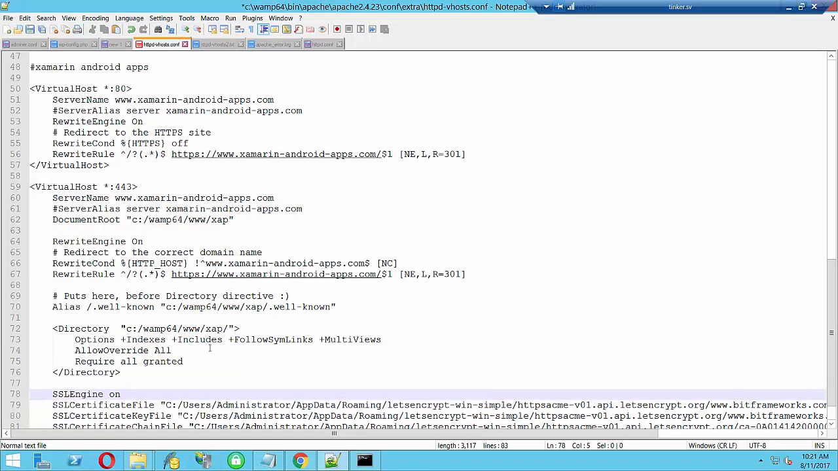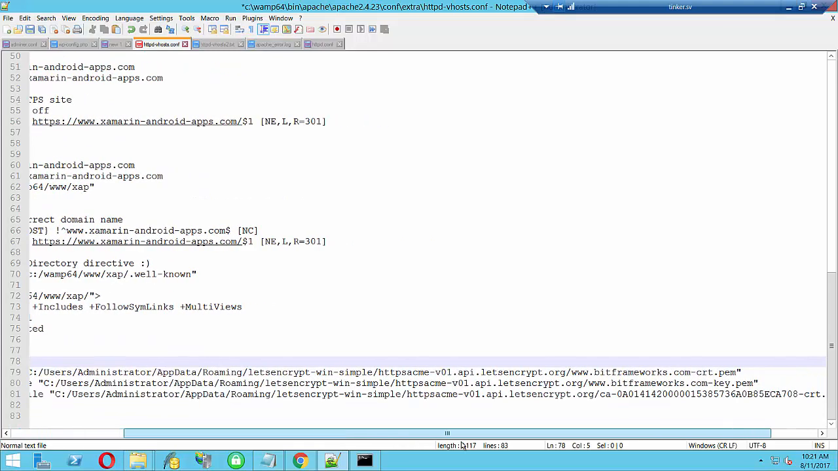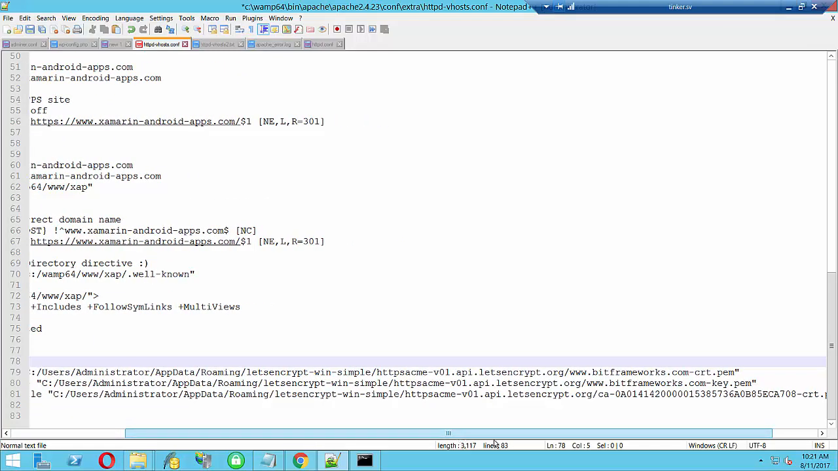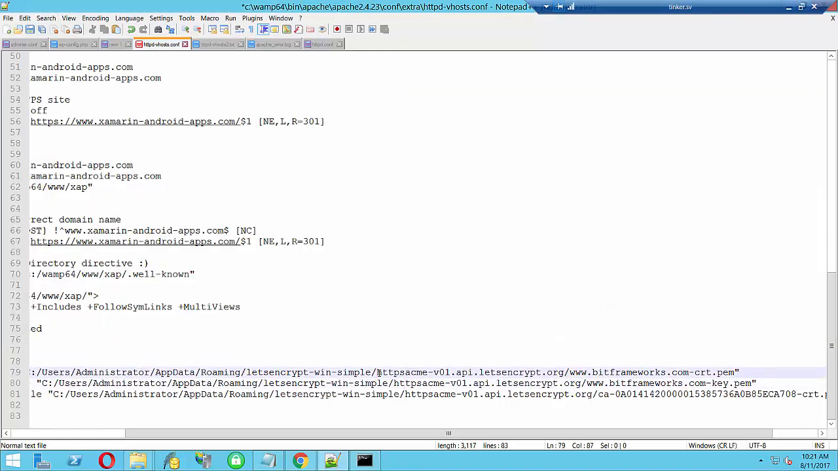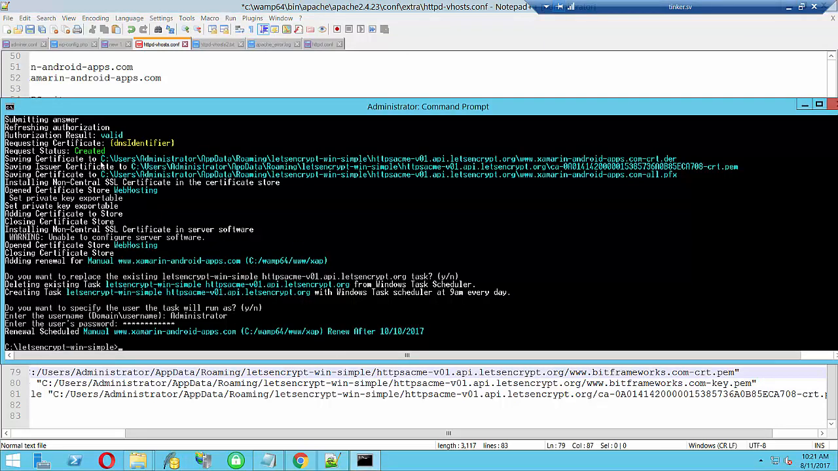And we need to find some files. So what we're going to do is check the information in here and see where the certificates are stored, because the values are going to be these ones. So we have the certificate, the issuer certificate, and the saving certificate. Basically, they're going to live in the same directory as my other certificates. So I'm just going to show you. I'm going to copy this